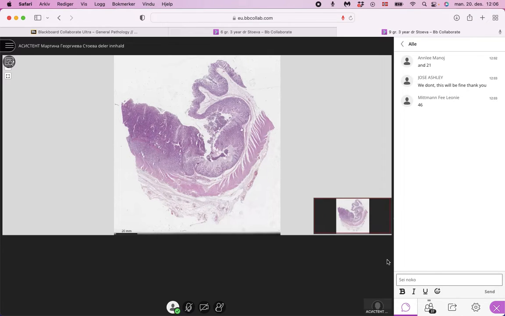I'm back. Sorry. So the right side of the slide helps us recognize the organ, where we can find all